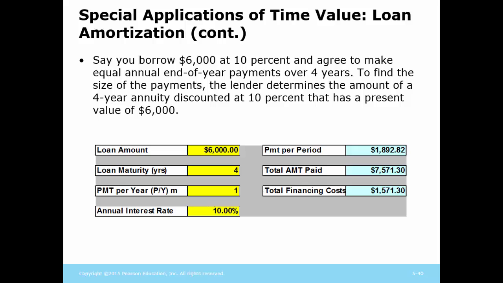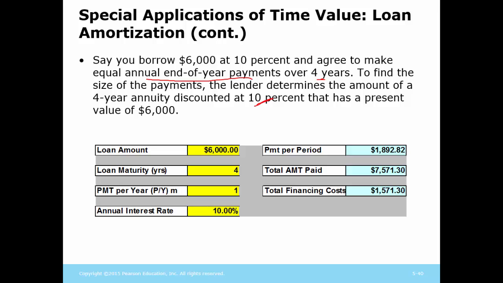You borrow $6,000 at 10%, and you're going to make annual payments for 4 years. Interest rate is 10%. So if you go to the time value loan analysis worksheet, we can plug in the data. 6,000 is the loan, 4 years is the maturity, and the payment is 1. Now we just use 1 here to make it easy to get the points across. But in reality, that's going to be 12 because you're going to make monthly payments, and the interest rate's 10. So the payment that you would make, 4 payments of